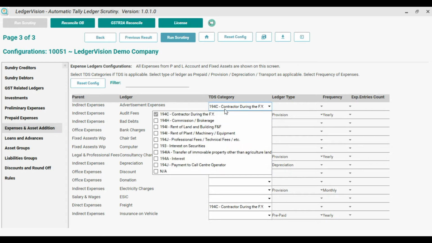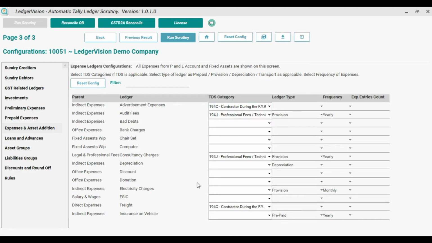You can have multiple TDS categories also, like in advertisement there can be a contractor TDS or professional TDS also. Also, depending upon provision or prepaid entries, TDS can be calculated. For example, in case of audit fees, TDS is calculated on provisions, or in case of AMCs, TDS is calculated on the basis of prepaid entries.